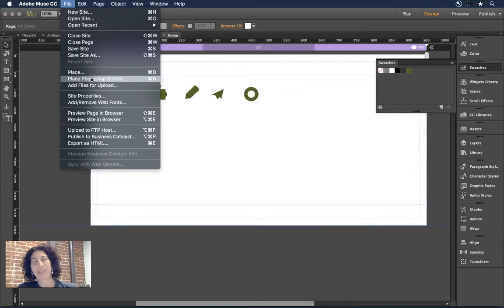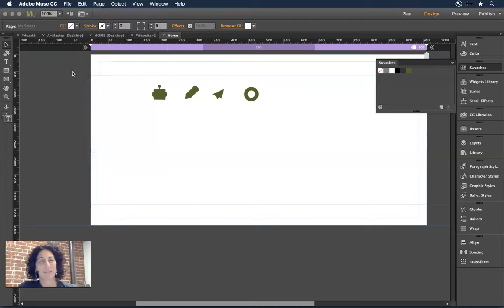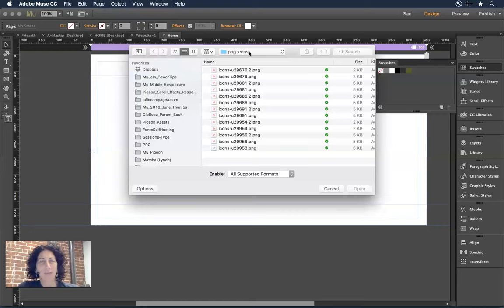Now that we're in the world of flat design, it's, I think, less important. But if you define layers in Photoshop for the up, down, over, and active state, you can apply that to a container or a button by selecting Place Photoshop Button. In this instance, I'm just going to select Place,